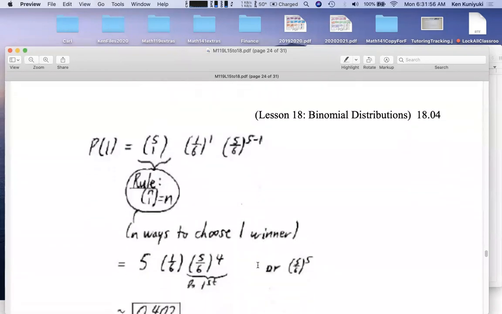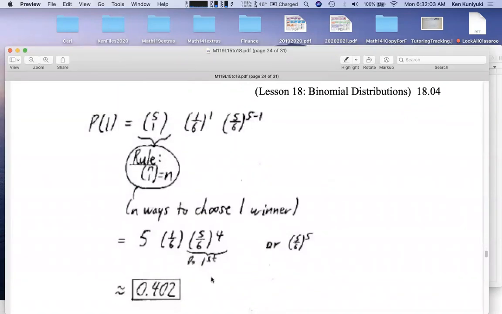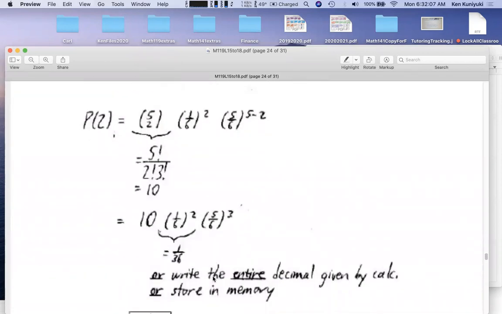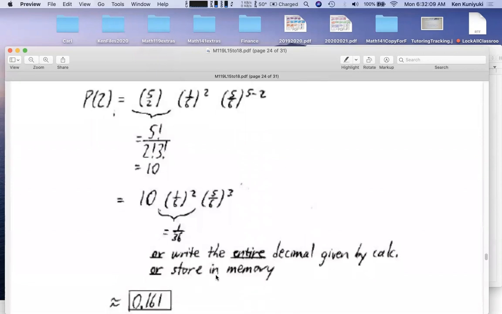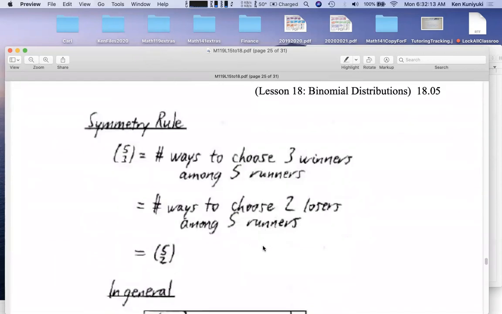P of 1: 5 ways to get 1 question correct out of 5, and only 1 question correct, right? Again, about 40%. That's a coincidence. The probability of 2 questions correct is about 16%. The probability of 3 questions correct,